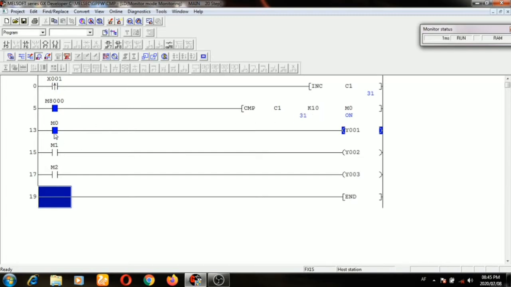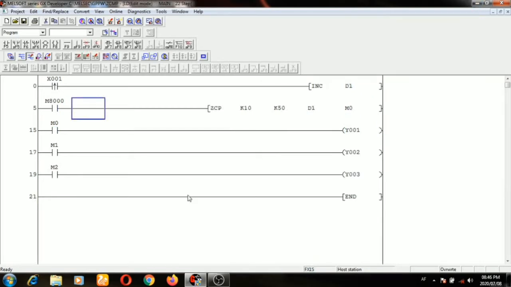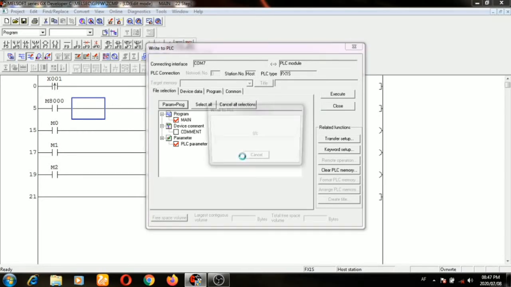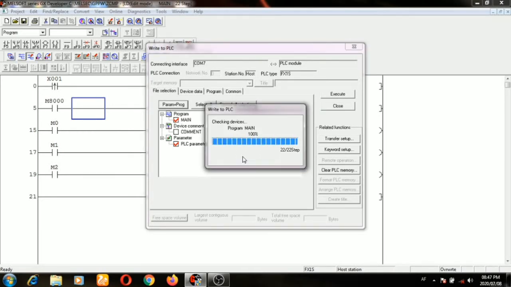I hope it's clear. So let's make another project, that is zone compare. This is our zone compare program. Again I am using X1 for the register D1 increasing block. Let's transfer this program to the PLC and execute.